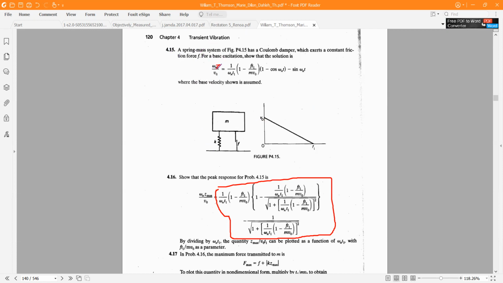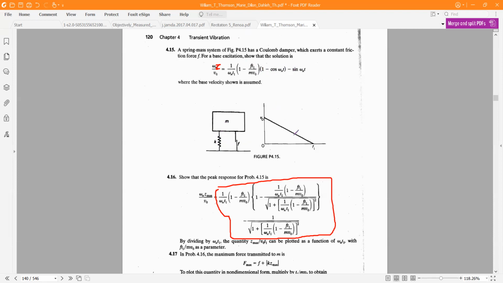It would be omega n multiplied by z over v naught is equal to 1 over omega n t1 multiplied by (1 minus F t1 over m v naught)(1 minus cos omega n t) minus sine omega n t, where k is the stiffness of the spring, m is the mass, F is the constant friction force from the Coulomb damper, and